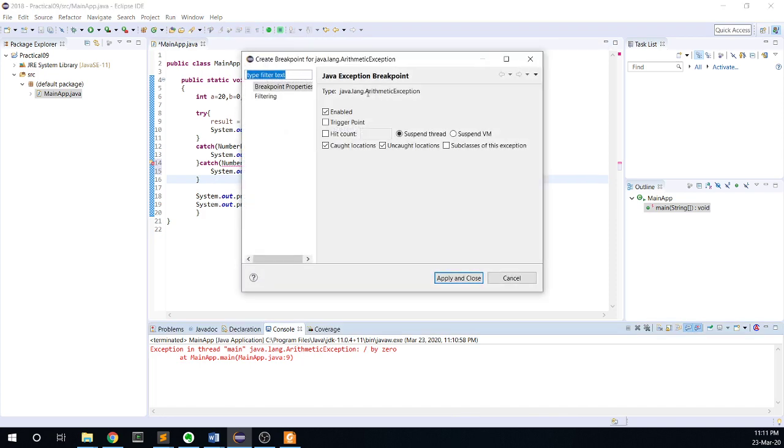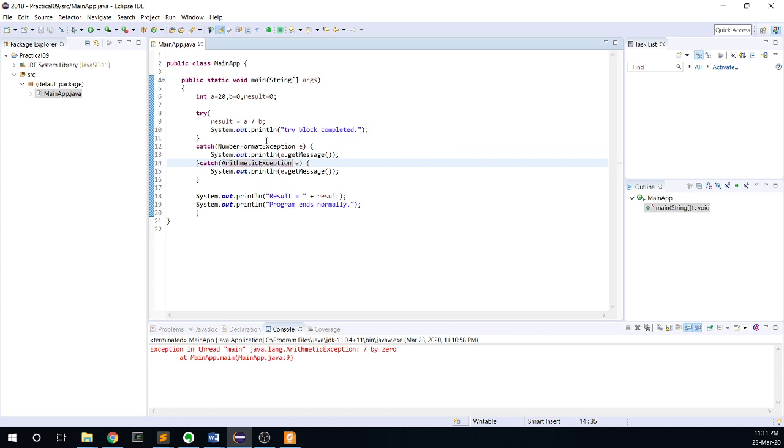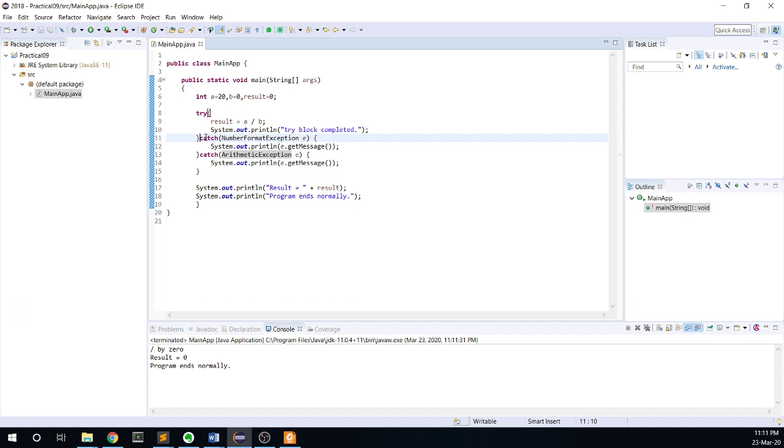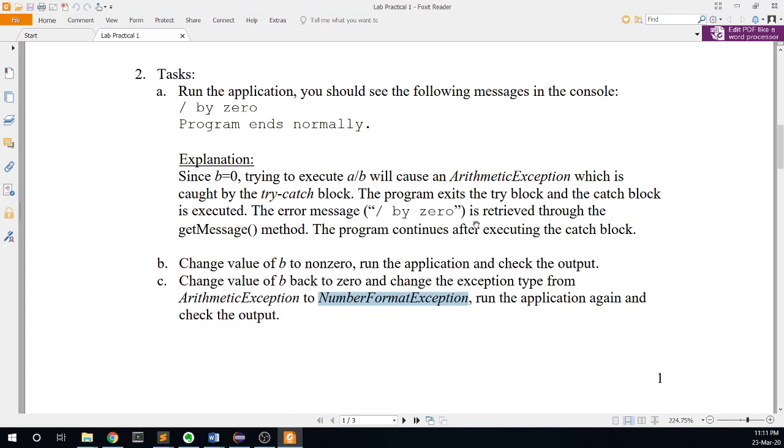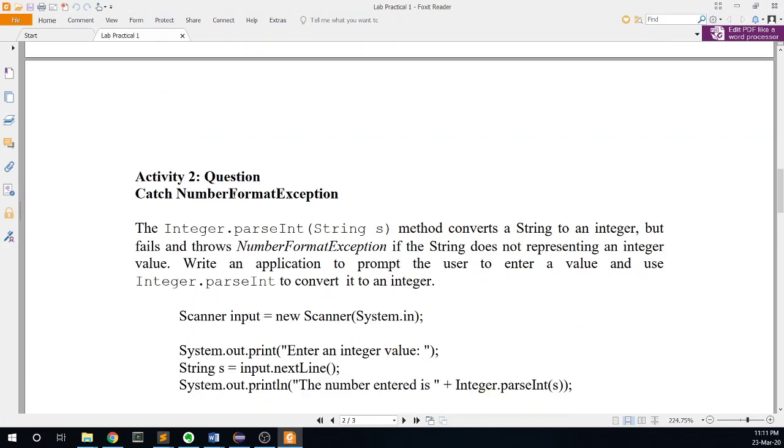Let me capture this one, and you can actually capture either number format or arithmetic. This is how you can add more catch statements if you need. Now, these catch statements have a sequence, a hierarchy. I believe that is in your lecture slide, so do take a look at that. We're done with this one, and since we are doing catch number format, we'll do it